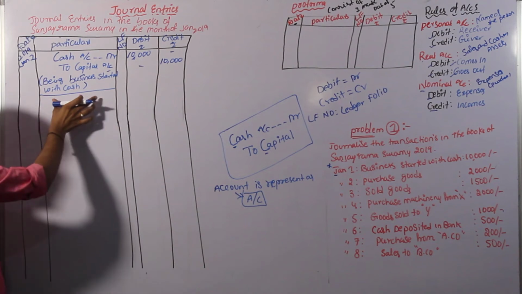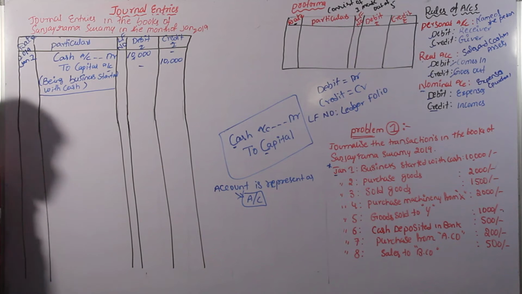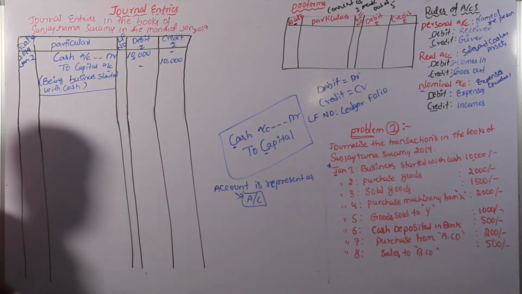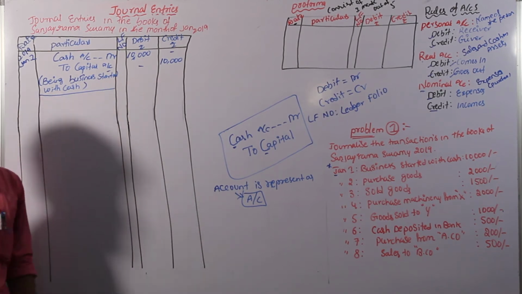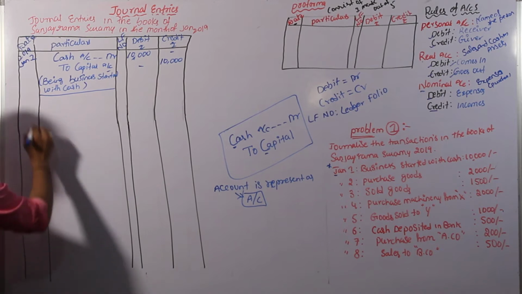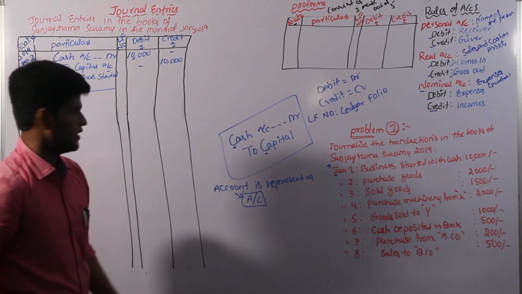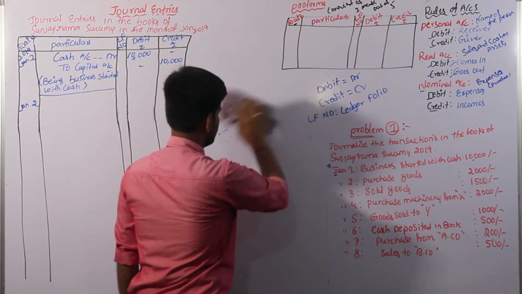Only the particular column we have to underline. Don't underline the date, ledger folio number and debit amount, because this is the important procedure. We can underline only the column totals. If we underline the total amounts, definitely we will lose the 1 mark. Then come to the next, January 2nd. In this second stage, it is important to identify the transactions.